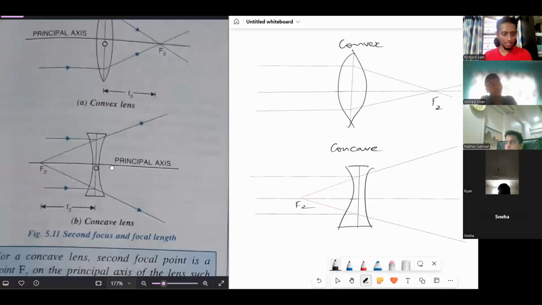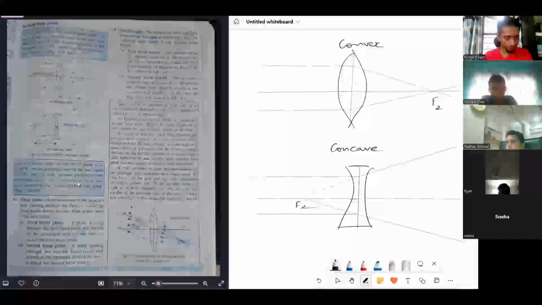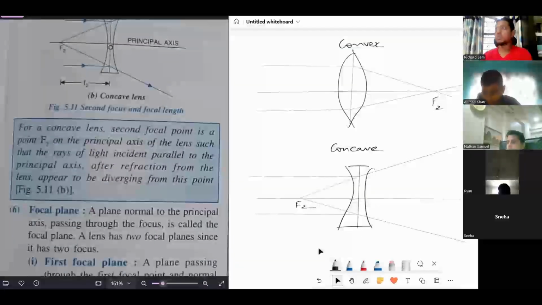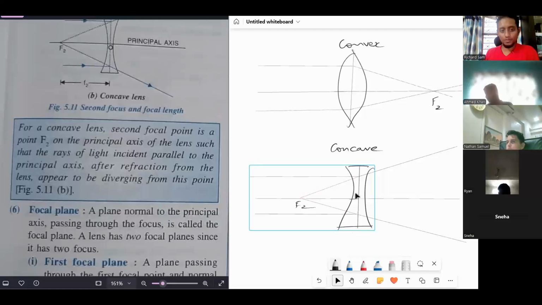Next, for a concave lens, let's look at this definition. Leah, read this definition. So this is F2 for what? Leah, what happened? No voice? What happened to your voice? Marching too much. Read slowly. For a concave lens, the second focal point,